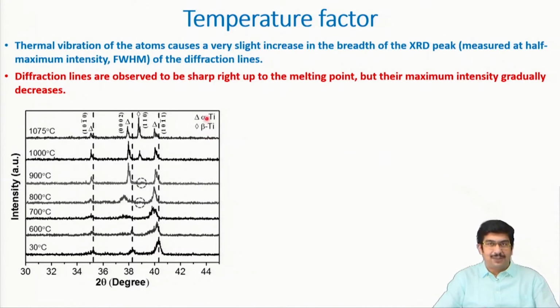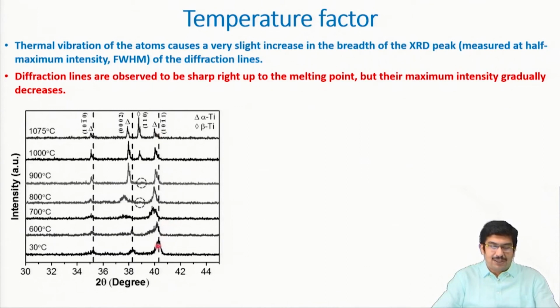Basically, alpha titanium is hexagonal, whereas beta titanium is body centered cubic. So, that peak appears only at high temperature, and from there we can find out this transformation temperature, how these two phases are related, and lots of other things we can identify. But the important point is, if we look at any of these peaks, the alpha peaks,